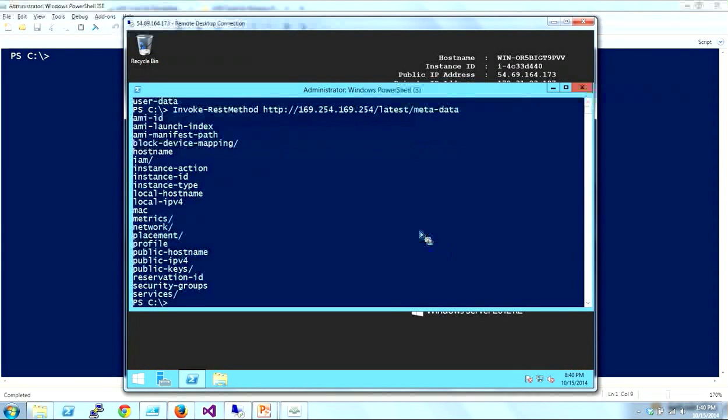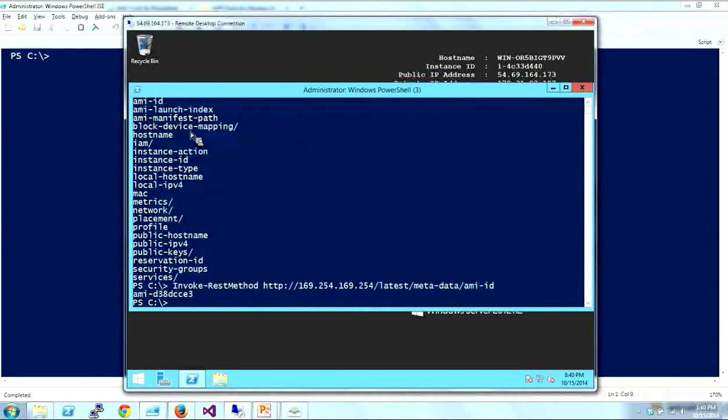Running it again, you can see that we've got the host name, we've got the AMI ID. To give you an idea, run it again with the AMI ID and kind of drill into these subfolders, so to speak. And then you can see that we're able to figure out what the AMI ID is by just querying the metadata URL. So that's kind of useful depending on what you're doing with your scripts. And I would encourage you to browse through all of these on your own with the Invoke-RestMethod and just see what kind of data is in there, what might interest you, and how you could use that in your